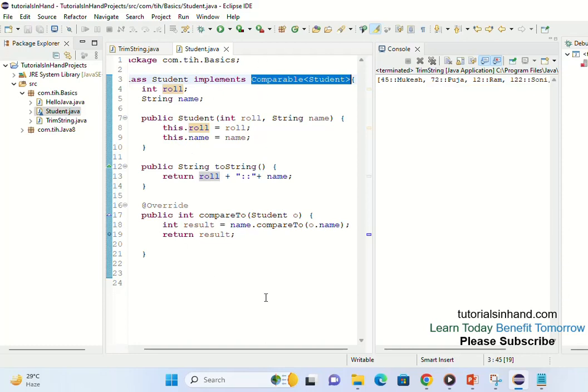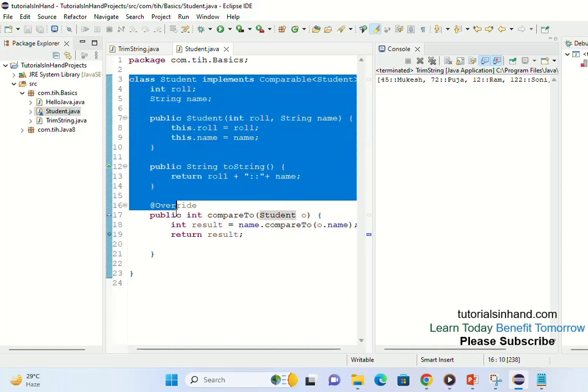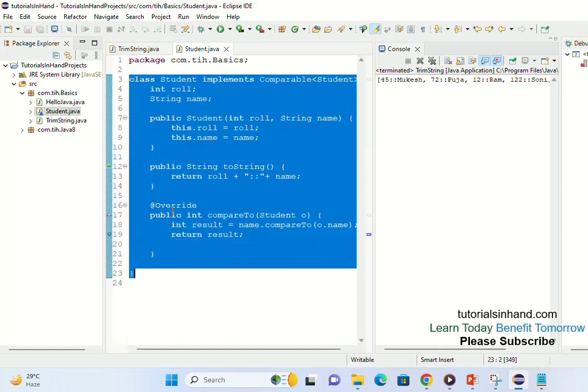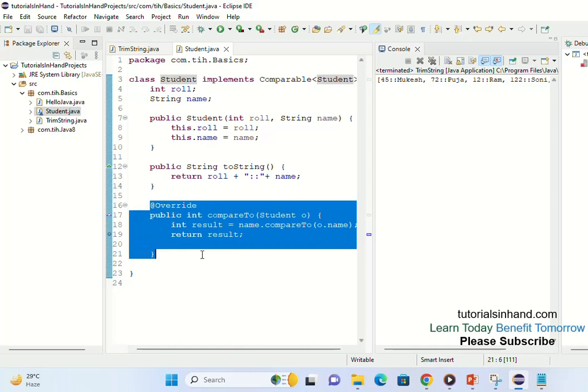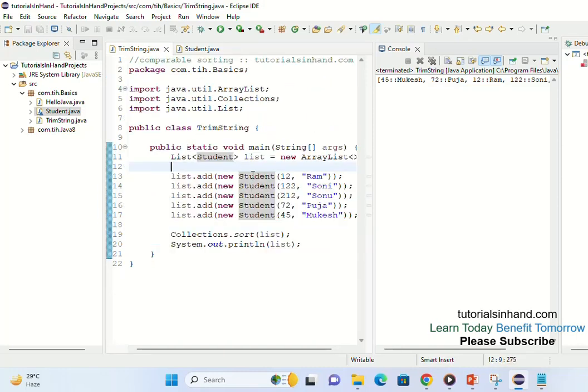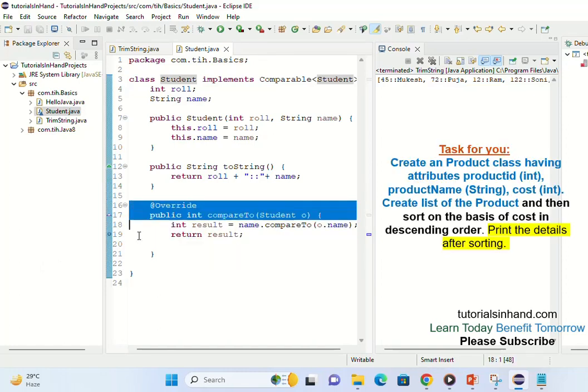And in the Comparable interface, you must notice one more thing, that here we are modifying the actual class, right? Because whatever logic you are implementing in this class Student, you have told that any list of Student objects that will come will be sorted in this order only.